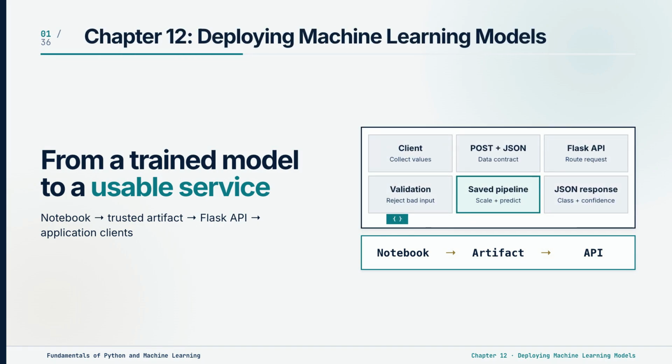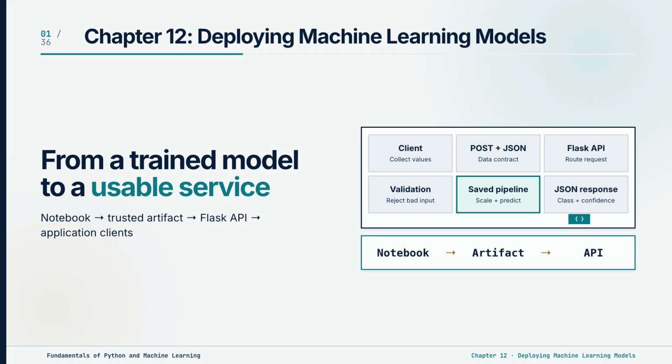Welcome to week 10, the final week of Fundamental of Python and Machine Learning. In chapter 12, we will study how a trained machine learning model can be made available to another application. Building a model inside a notebook is only one part of the process. For the model to support a real workflow, another program must be able to send it new feature values and